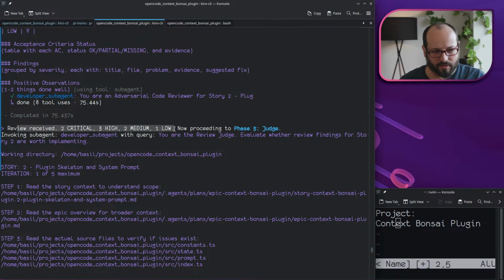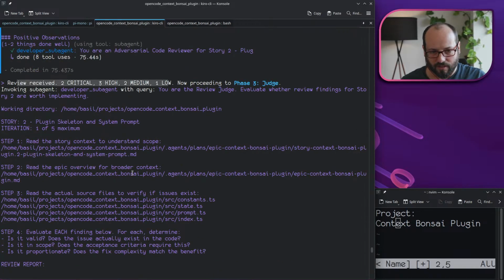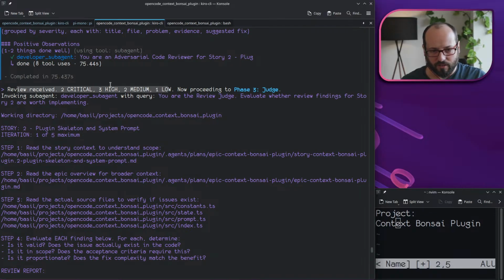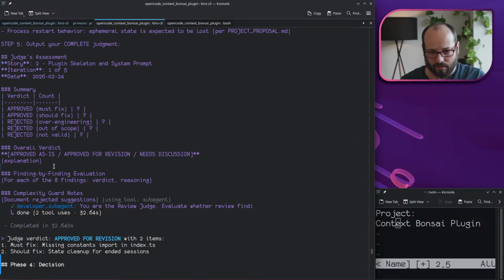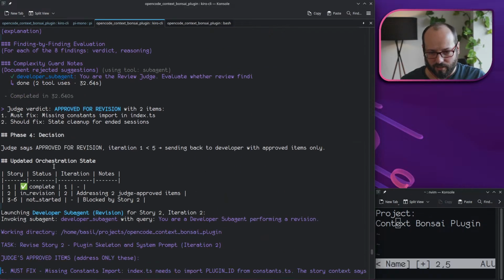So on that story 2, I believe this is what this is. The reviewer found 2 critical issues, 3 high issues, 2 medium issues, and 1 low issue. And the judge says, sending back to developer with approved items only. Okay, must fix missing constants imported in index.ts and should fix the state cleanup for ended sessions, but it rejected